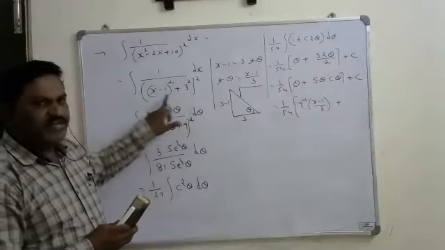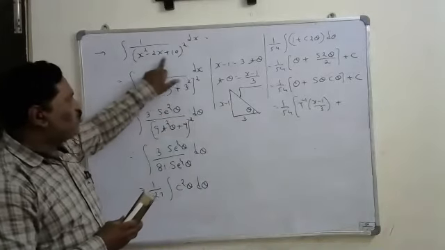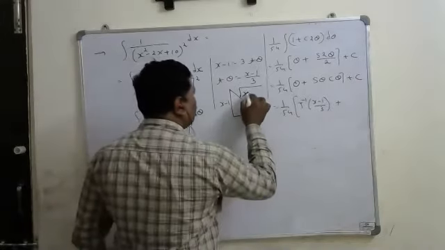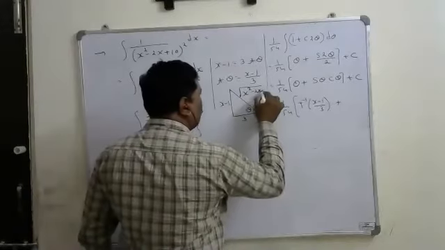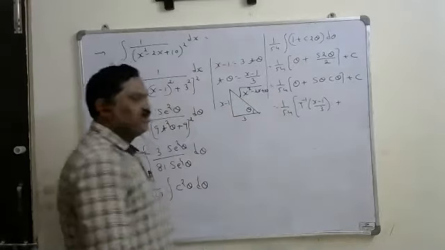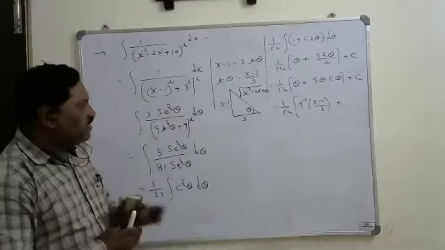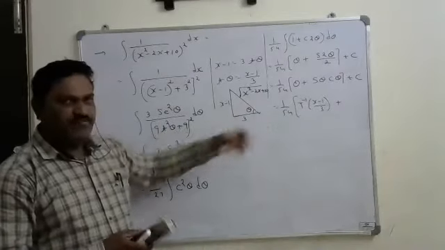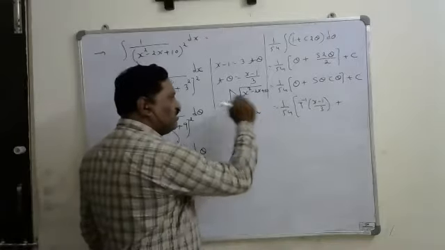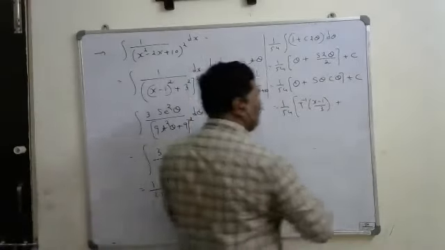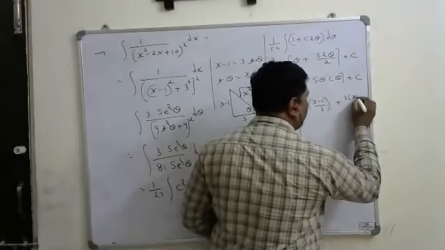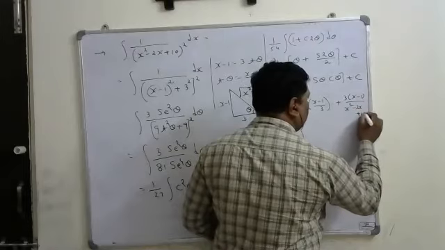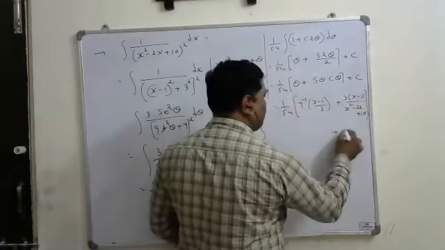So this is what we are getting. We simplify that. This is a quadratic expression that we get if we simplify it: x square minus 2x plus 10. That is the hypotenuse. Now sin theta means (x minus 1) by this, cos theta means 3 by this. If you multiply them, x minus 1 upon this into 3 upon this, that is 3 into (x minus 1) by (x square minus 2x plus 10), we will get it. So this is the answer for it, plus c.